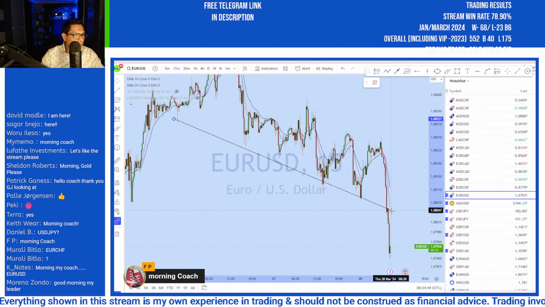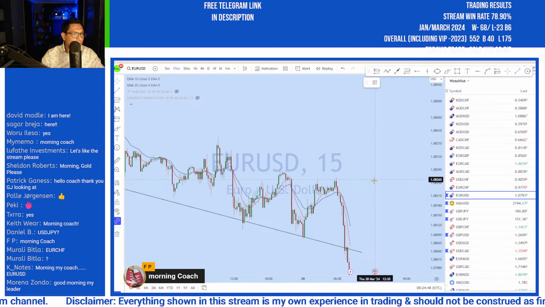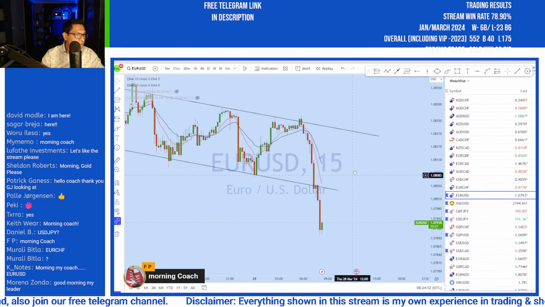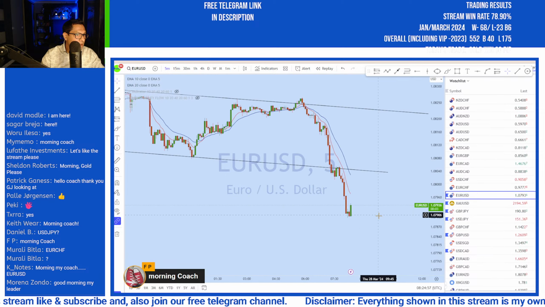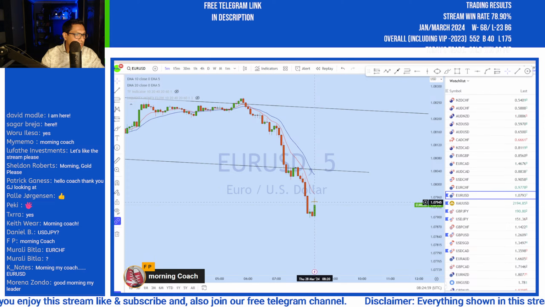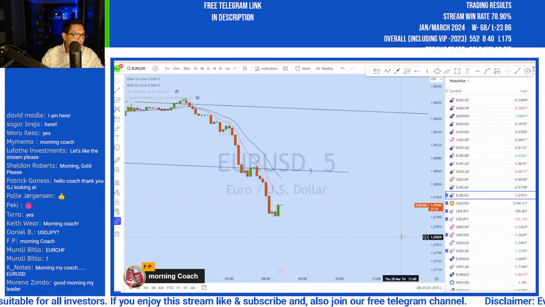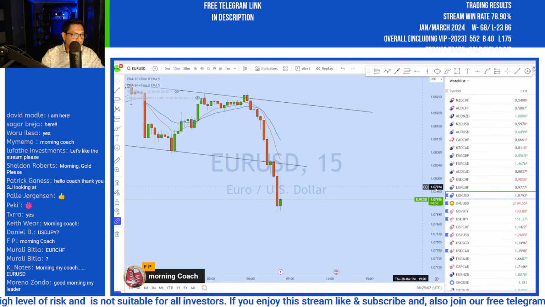So the market has now completely deviated from the channel. With the deviation, we might now see a retest, expecting it to go up for a retest. And once we see enough retest of this liquidity zone, we can look for possible entry opportunity on euro dollar